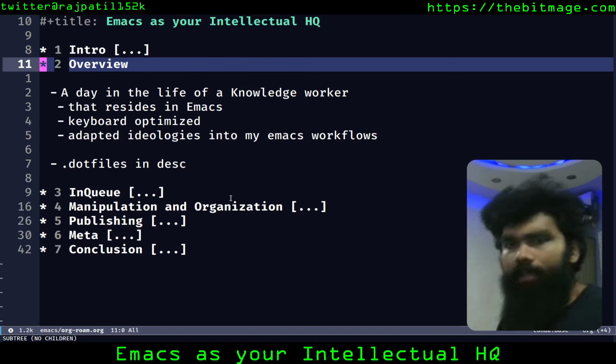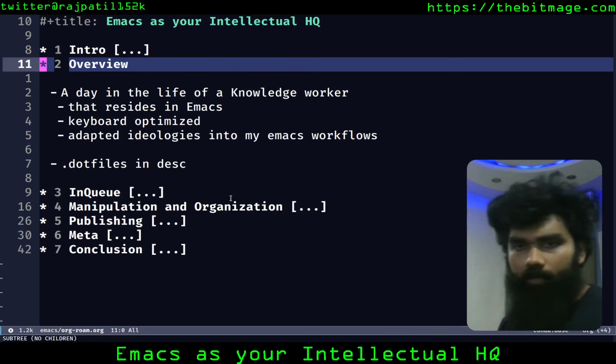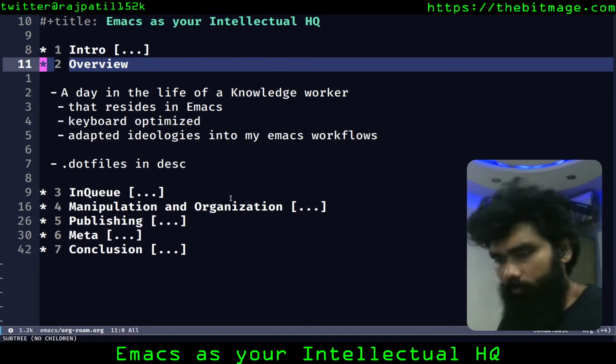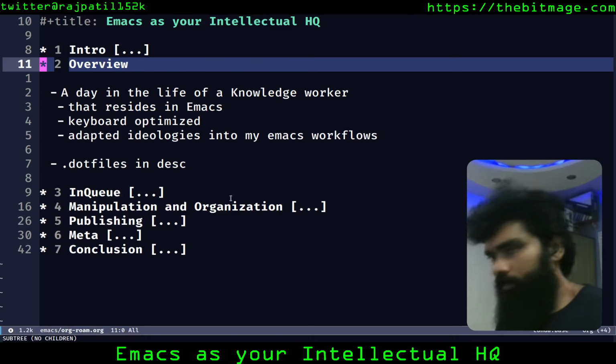And I do read a lot. I am one of those productivity nuts that reads quite a lot of books. So I have tried and adapted a lot of ideologies over the past 3 or 4 years that I've been reading into Emacs, and all of these are tested. There's nothing experimental right now. What I'm going to show you is something that I've been using in a lot of my workflows for at least 6 months. I'm going to distill all of my findings.